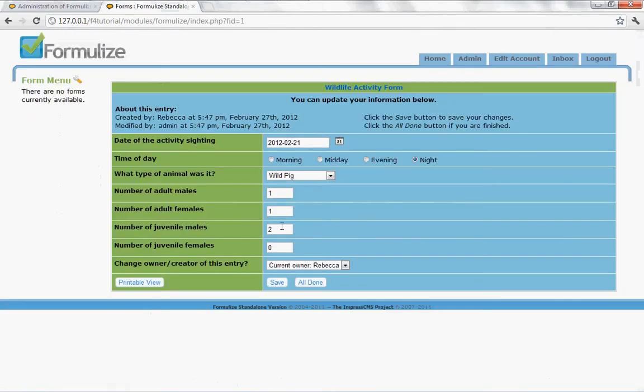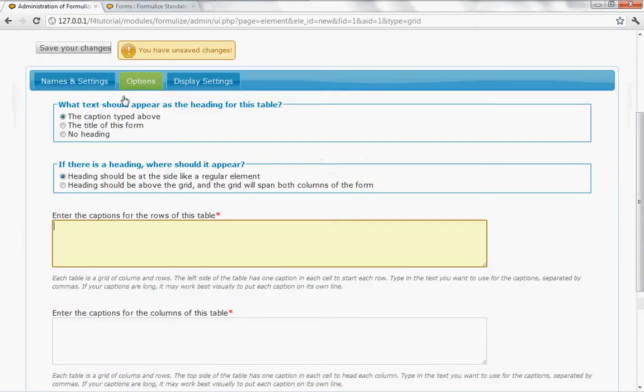If we imagine these being bundled up into a table, then we're going to start with this element. So we're going to have adult males, adult females. If we do 2 by 2, then we'll have adult males, adult females, juvenile males, juvenile females. Now it's really up to you how you wish your table to be, and the structure of the table is actually controlled by the captions that you put in here. So if you want a 2 by 2 table, then you need to go